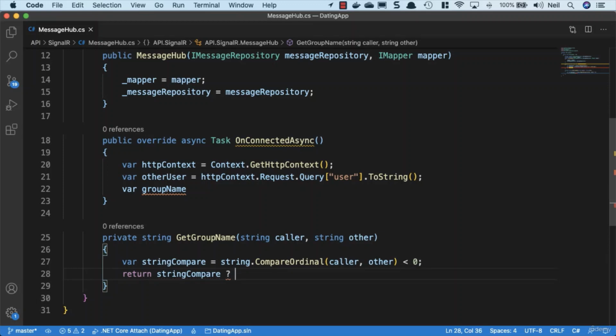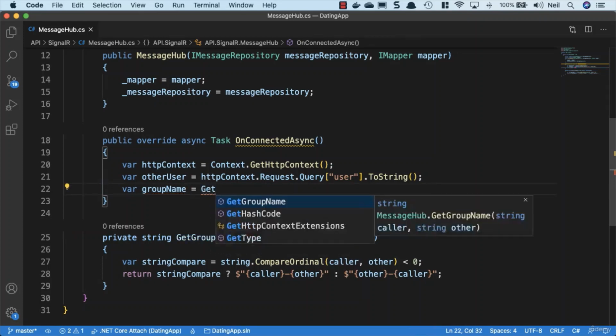we'll use a ternary, and then we'll use the string formatter, so we'll use a $, and then inside here we'll specify caller, and then we'll say dash, and then in the other curly brackets we'll say other. And if it's not the case, the other case, then we'll once again use the string formatter with the $, and then we'll say other, dash, and then caller. And this is going to ensure that our group name is always going to be in alphabetical order for both the caller and the other. So then we'll say var groupName equals GetGroupName, and we'll pass in